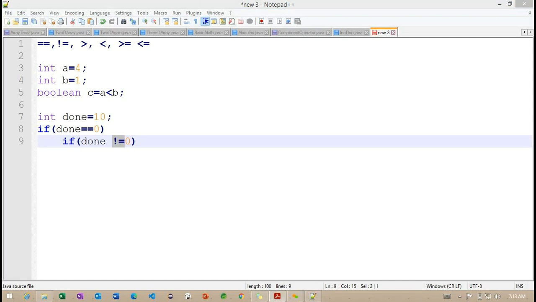Right. Now we will understand how exactly we are going to check. Before going to a simple example, we'll have two different operators.